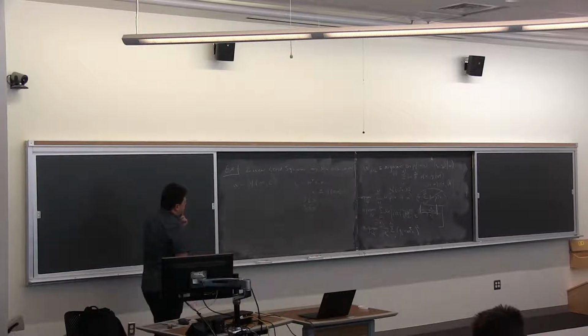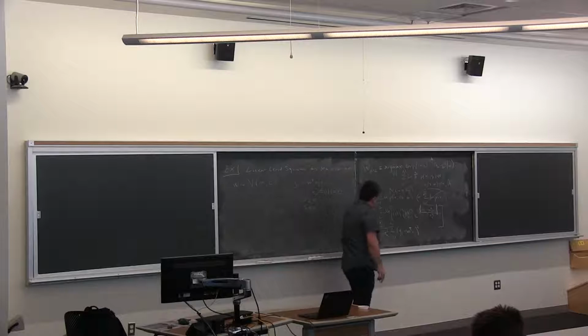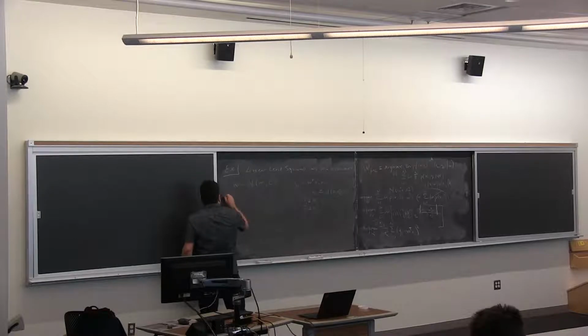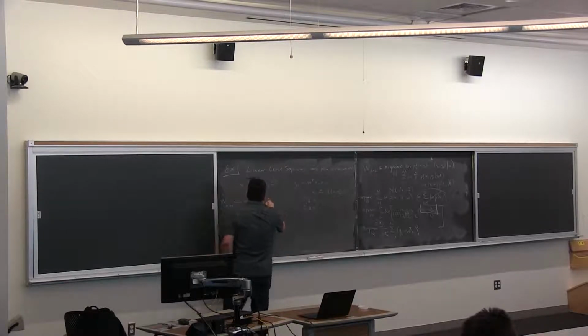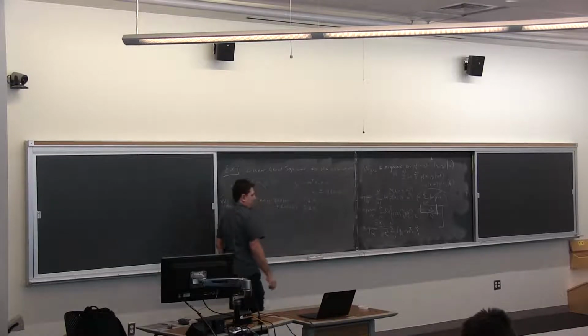I have my log likelihood portion here simplified already, so let's take that. So my MAP estimate will maximize log P of my data